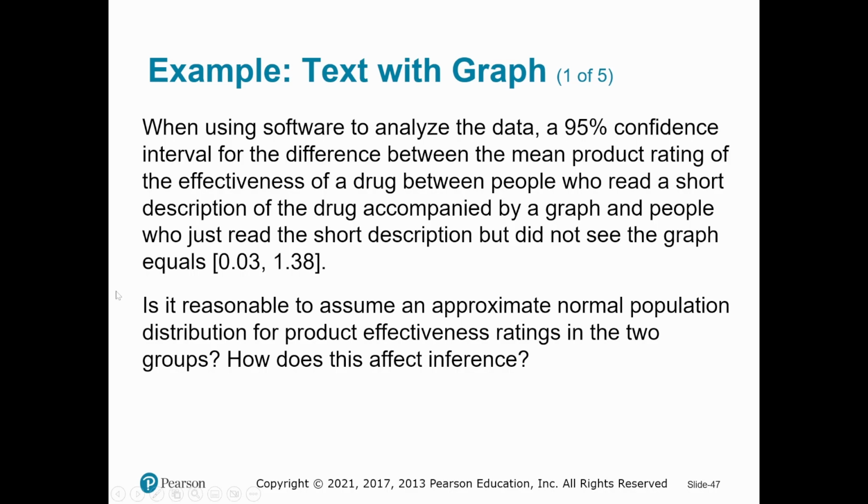So when using software to analyze the data, here is a 95% confidence interval for the difference between the mean ratings of the effectiveness of a medication between people who read a short description of the medication accompanied by a graph and people who just read the short description but didn't see the graph. And this is our confidence interval. The lower bound, this is called the lower bound. It could also be called the lower confidence limit. This lower bound,